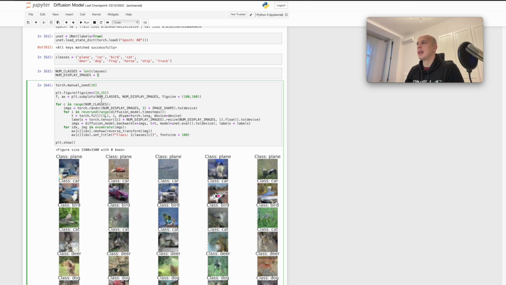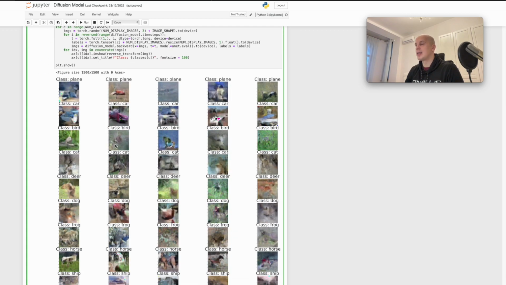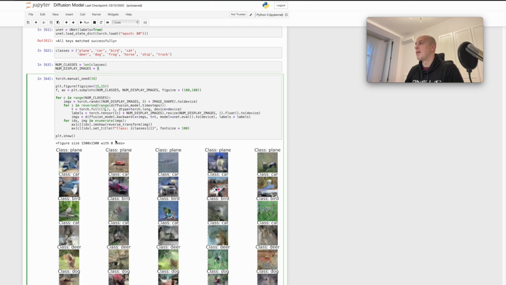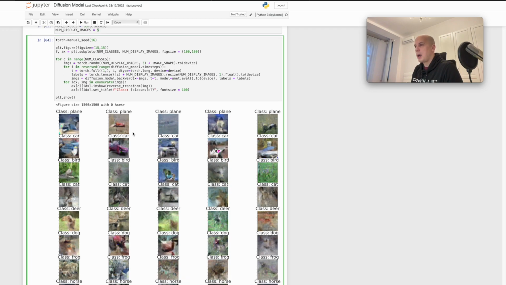So what I do here is, for every class, and just to remind you, we have 10 classes in CIFAR 10, I display 5 images. For every class, our network generates an image from noise. So this is basically the showcase of what the network has learned using our code. As you can see, the results are not fabulous, but I think that it still proves that even though our UNet architecture has not been adapted a lot